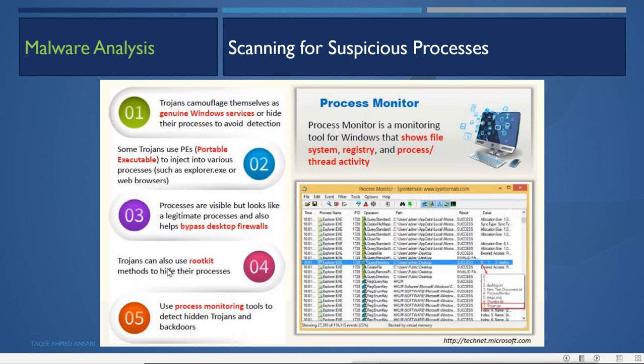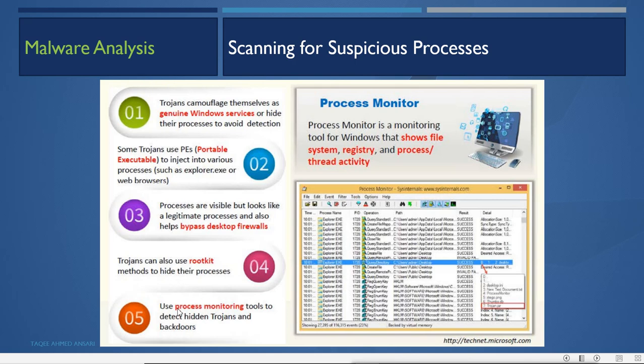Trojans can also use rootkit methods to hide their processes. Now if the Trojan uses the rootkit technique, then it will not show you under the process monitor tool also, because it will try to hide itself from there too. But normally rootkit techniques are very destructive, they will corrupt the operating system also. So mostly they try to use the camouflage technique, hiding in a normal process.